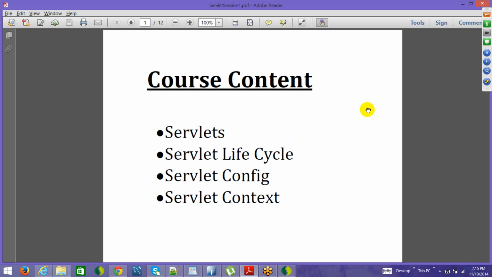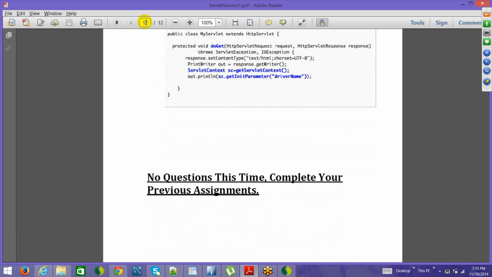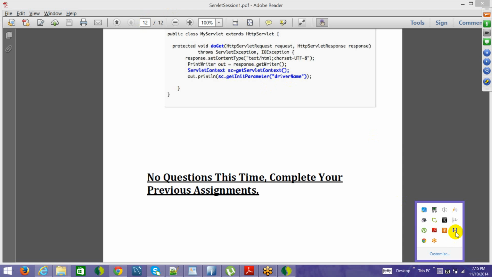And for today we don't have any questions because you already have an assignment pending. Plus the servlet topic is broken down into two sessions. So the next session is also about servlets, where we'll discuss servlet filters and servlet listeners, and once we do that much, you'll get some idea about the complete end-to-end scenario related to servlets, and you can write your own servlet. So that's why we have not taken it for today's class. So that's it for today's class. If you have any questions,